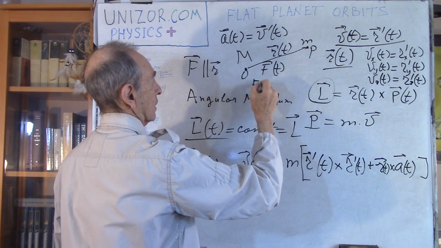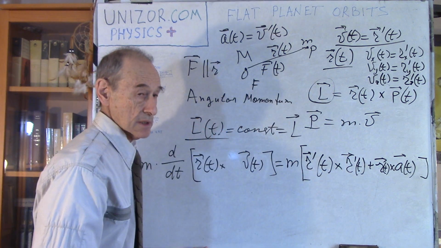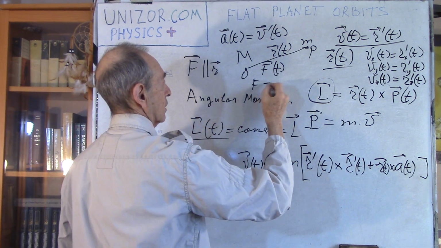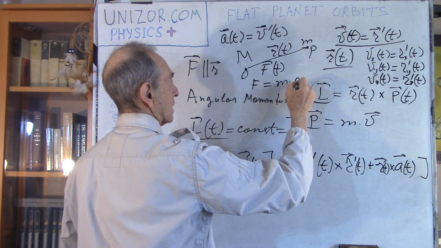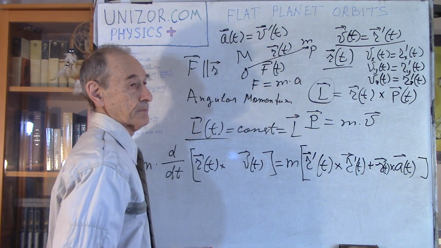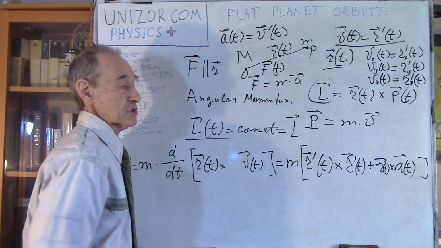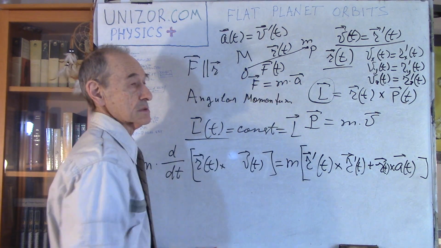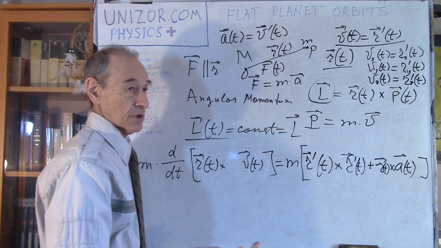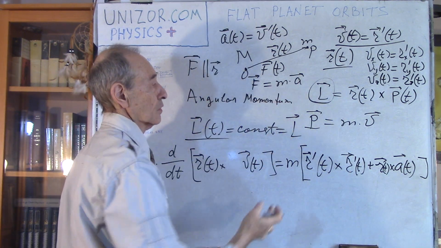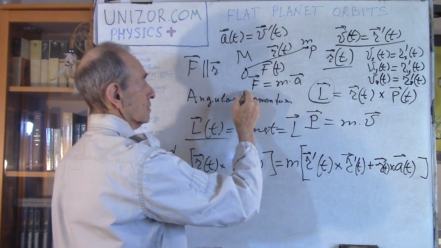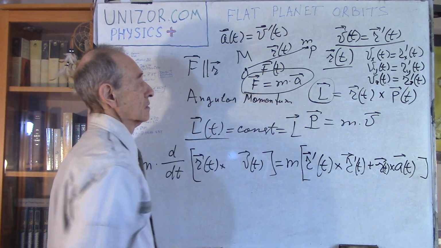So, according to Newton's second law, F is equal to mass times acceleration. And this is a vector equation, which means each coordinate of the vector of force and coordinate of the vector of acceleration are related